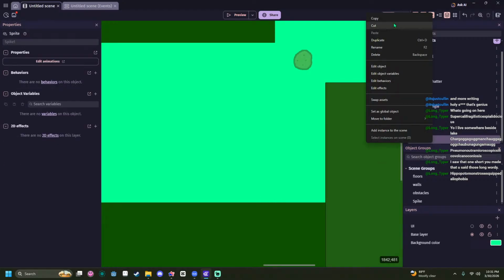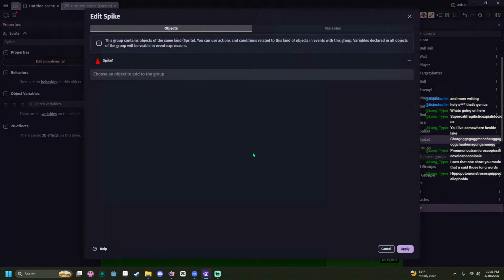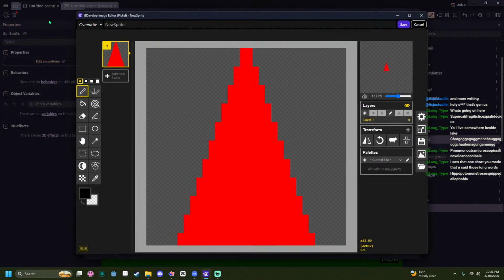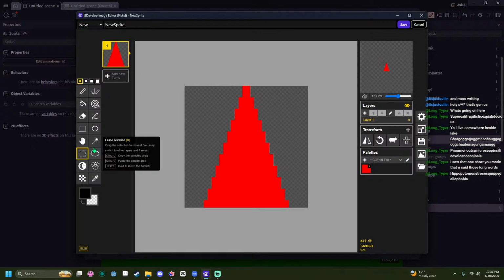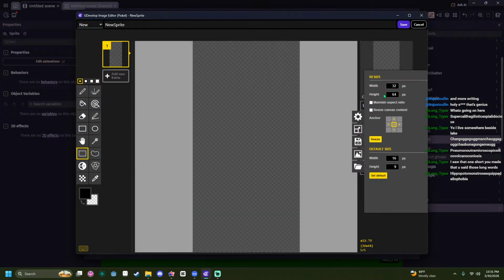But what I want is another spike. Spike 2. Go ahead and add that to the spike group. It's going to be a bit different. So, new. This one is going to be tall. So, height of 64.